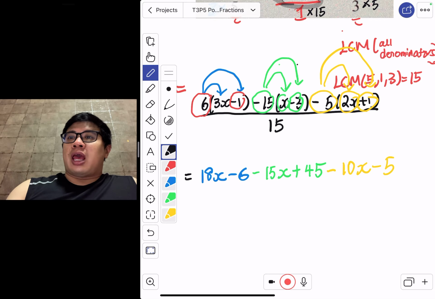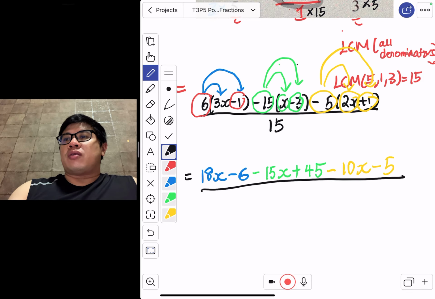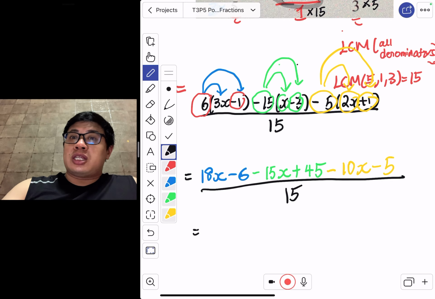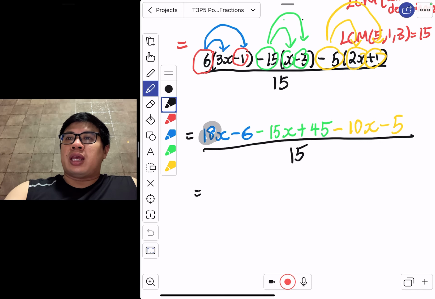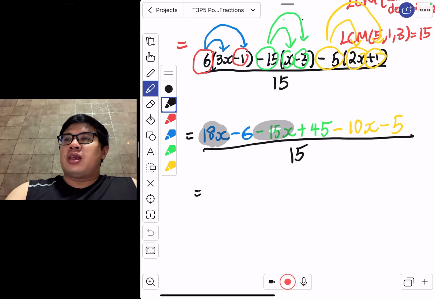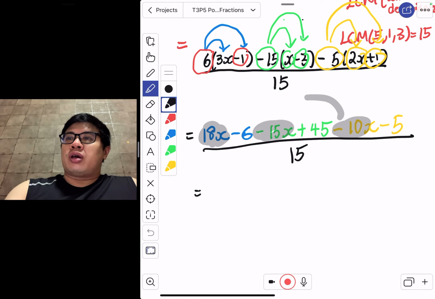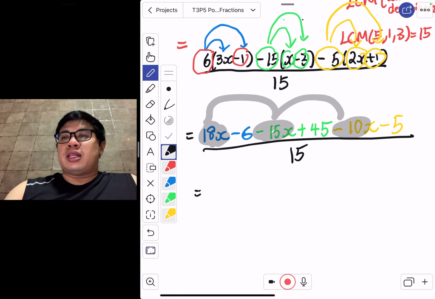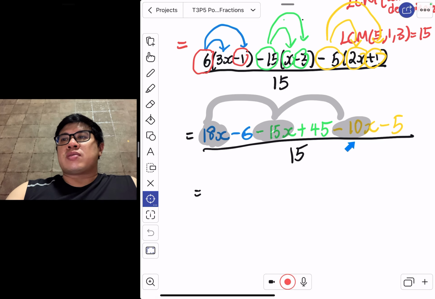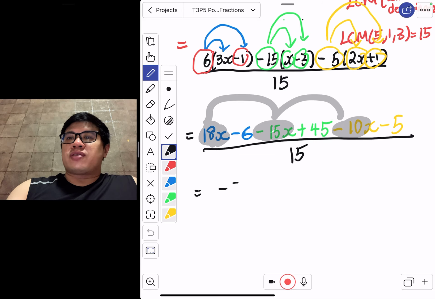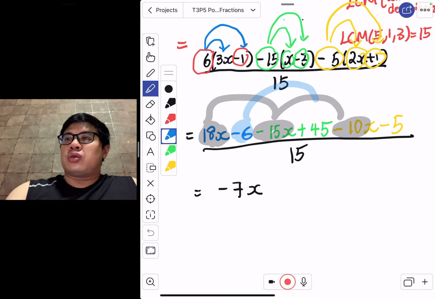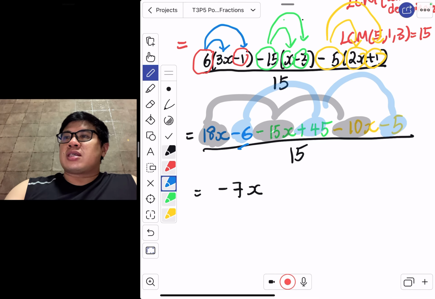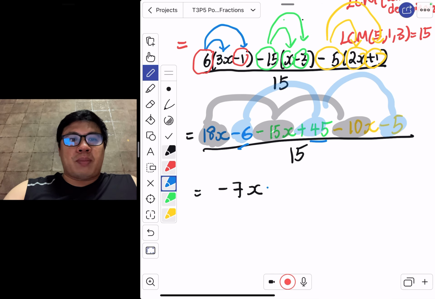Then with that, over 15, and from here, I just need you to do some quick math. Combine your terms together. 18x, minus 15x, minus 10x. Put all your like terms together. 18 minus 15 will be 3x, 3x minus 10x will be a negative of 7x. Next one, negative 6 plus 45 plus negative 5. Negative 6 plus 45 will give you 39. 39 minus 5 will give you, I believe,